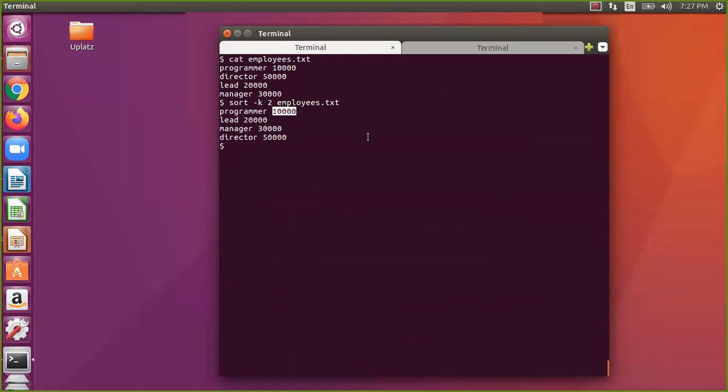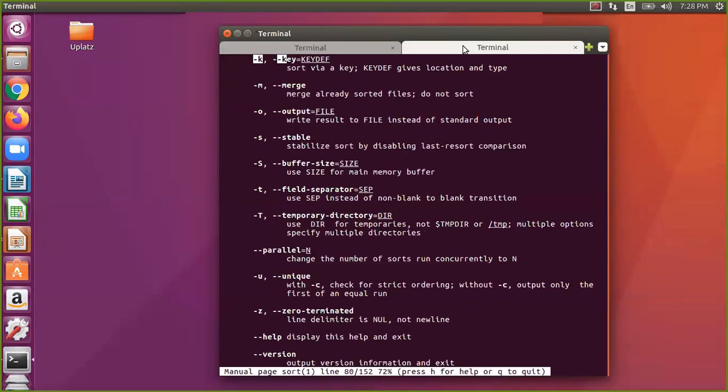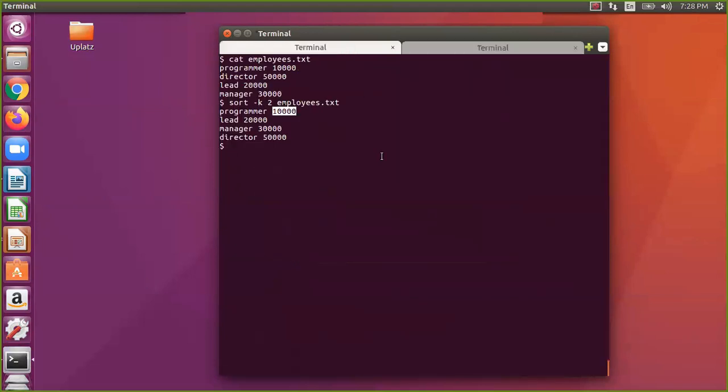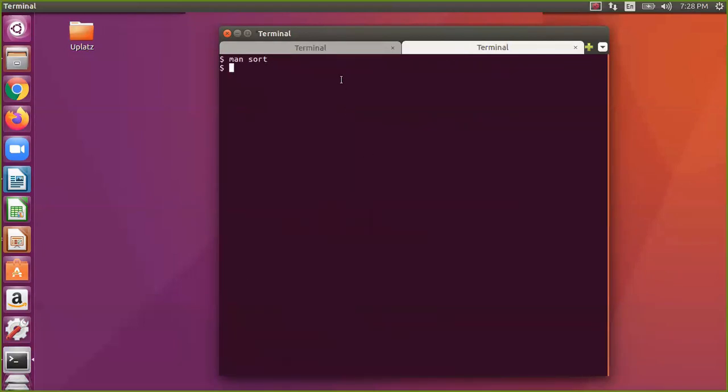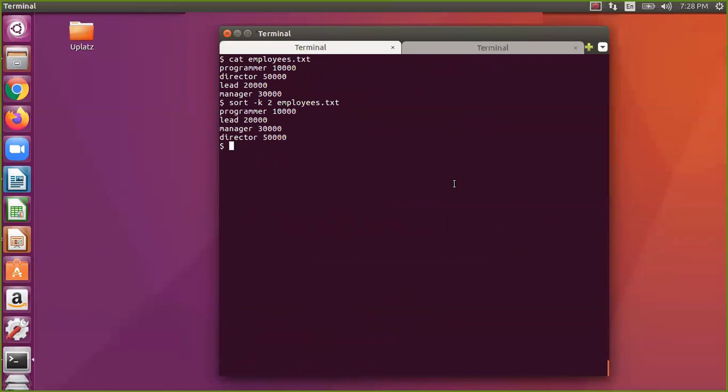If you have multiple columns, you can do it like that, and you can also explore multiple options in this particular command. You can check out the manual page and explore more on that. As of now this is enough. As I said earlier, a couple of things are enough. If you want to explore a little bit more, it is okay, but if you want to experiment with each and every option, it will take huge time. You can work with one or two, that is enough, and the remaining you can do as per your need.